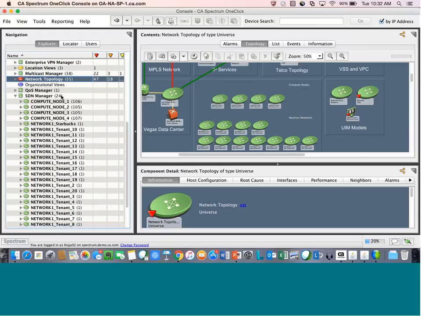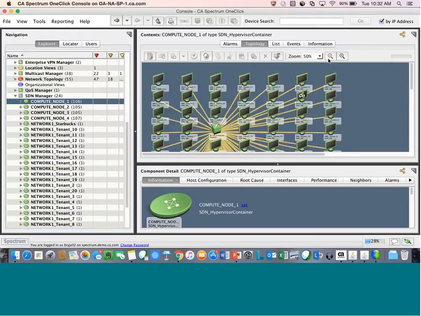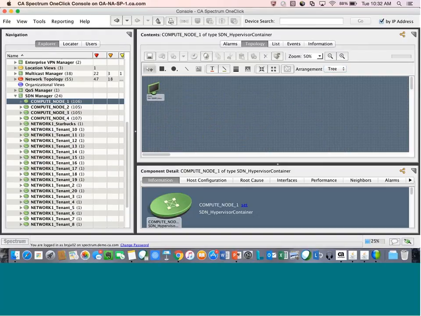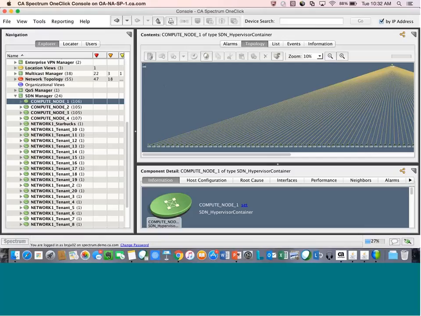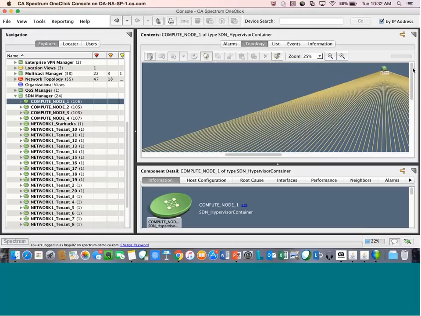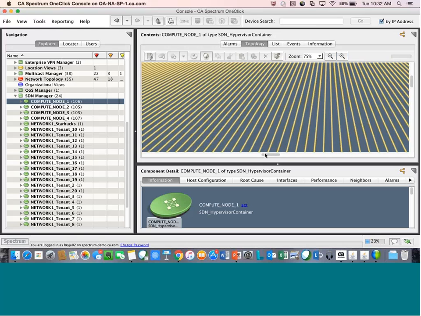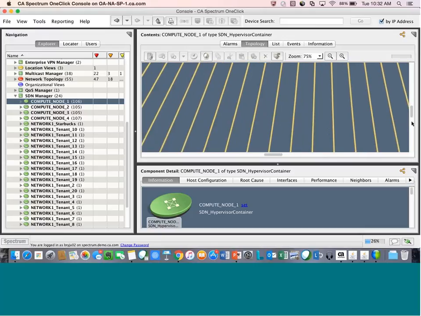As I click into each one of these, let's say compute nodes, what I'm going to see here from a visualization standpoint, and let me go ahead and change the layout, is the physical ESX node that's within that environment, the virtual switch there for that OpenStack environment, and then each of the virtual machines that are underneath there as well.